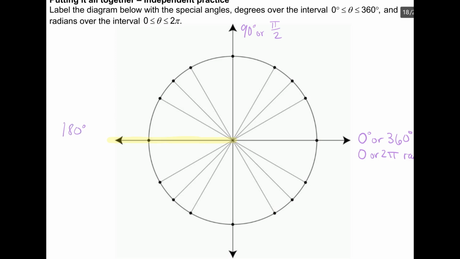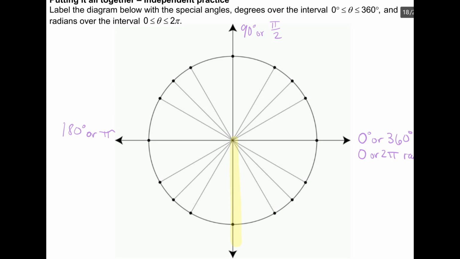Let's see. I'm halfway between 0 and 2 pi. I'm halfway around. If I go all the way around it's 2 pi, halfway around is going to be half of that. So just pi. So 180 is equivalent to pi. It means the same thing. 180 degrees, pi radians. And if I go 3/4 of the way around,